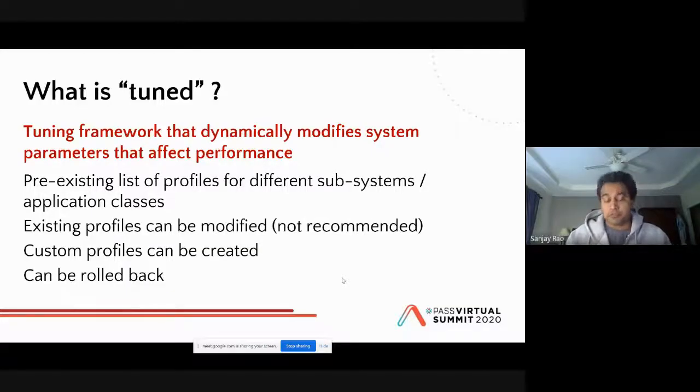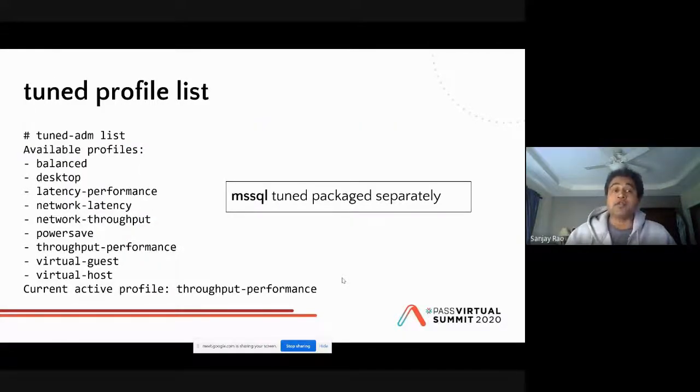One of the good things about Tuned is it can be rolled back, and you can also create your own custom profile. So here you can see when you go on a system and you type tuned-adm list, you will see the profiles that are available to you by default. With Microsoft, they've been developing their own Tuned package. And as you can see here, I mentioned a small note there, which says that it is actually packaged separately. So it's not available with your Linux installation base, but